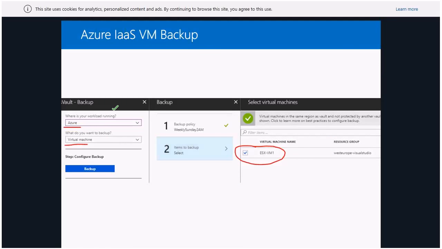As you can see here on the left, my workload is Azure, but the source of my backups, I want to get my virtual machine, Azure, sorry. And then of course, when I select the virtual machine here, I can see all the virtual machines available in order to get a backup. I will show you in 2 seconds.